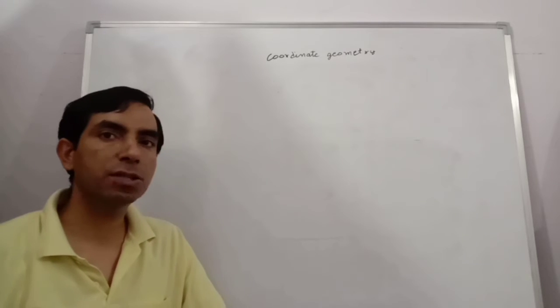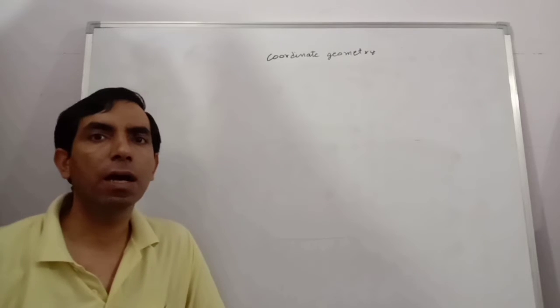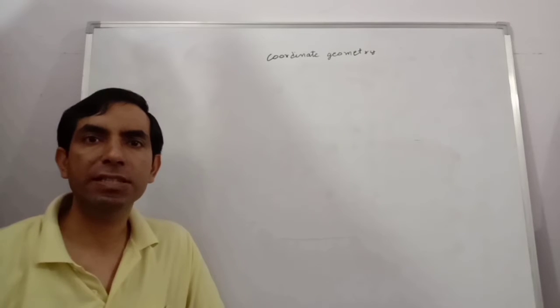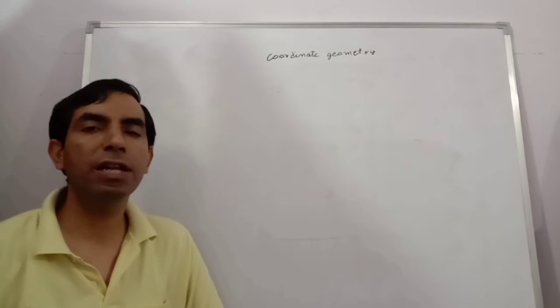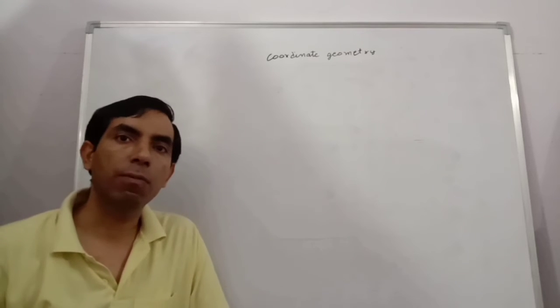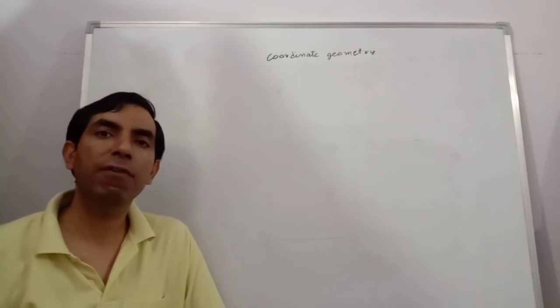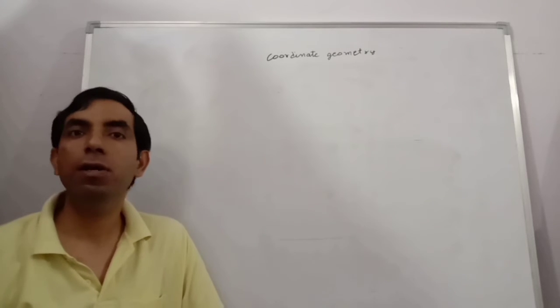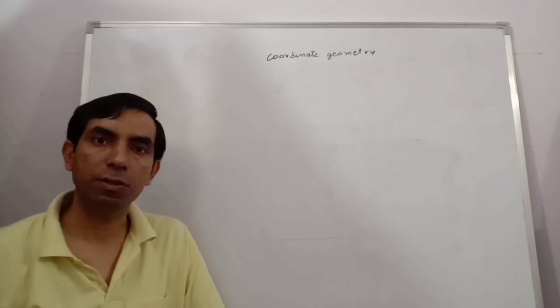So today's topic is coordinate geometry. In the previous video, we have already learned what the x-axis, y-axis, abscissa, ordinate, coordinate, and the distance formula are. Today we learn how we can solve the distance formula if the coordinates are given in alphabet, and how we can find the value of the alphabet in the distance formula. So let's start the first question.